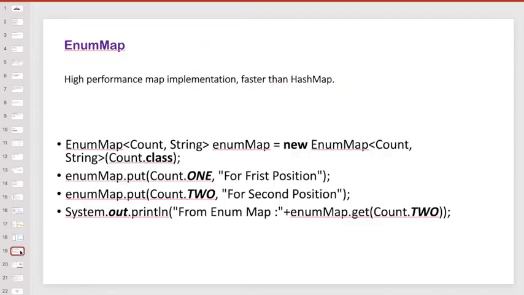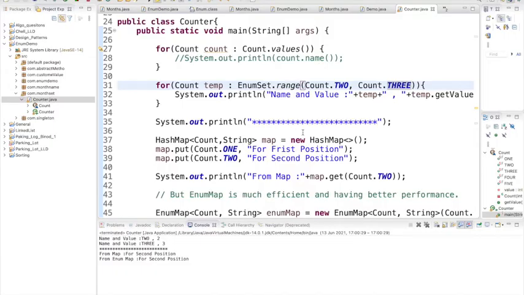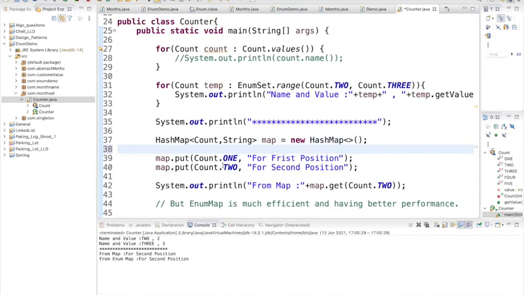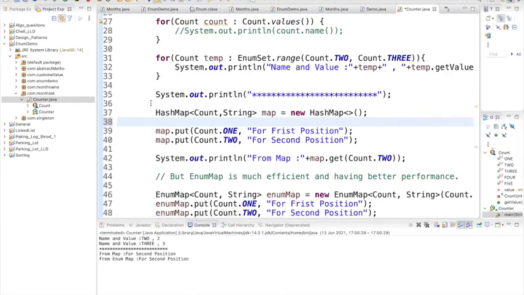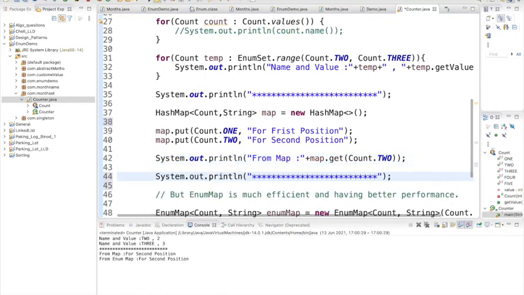Now the map. You know we have the HashMap in Java. You have to give the key and value pair, right? And we can do the same thing. Let me show first. I am not going to take the enum map, I am going to take the simple HashMap. In the simple HashMap you take Count, meaning the enum, as a key and String as the value. For each enum I am passing my value. Now if you run this, you can get the output, so we can use the HashMap for the enum also as it is.